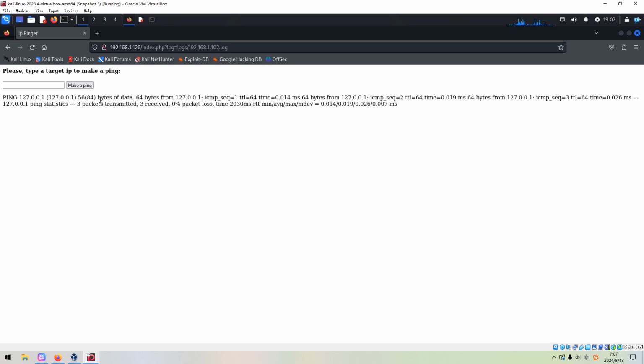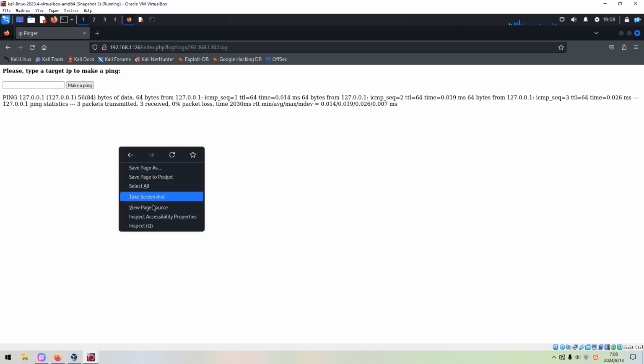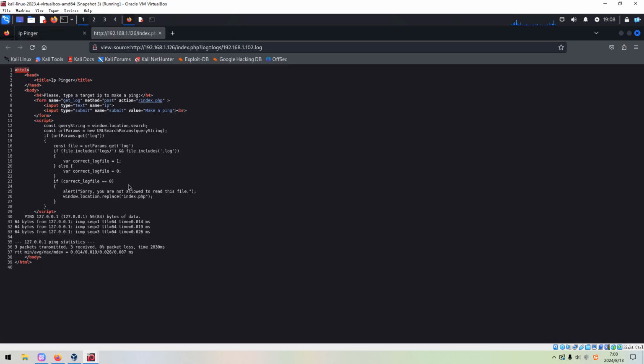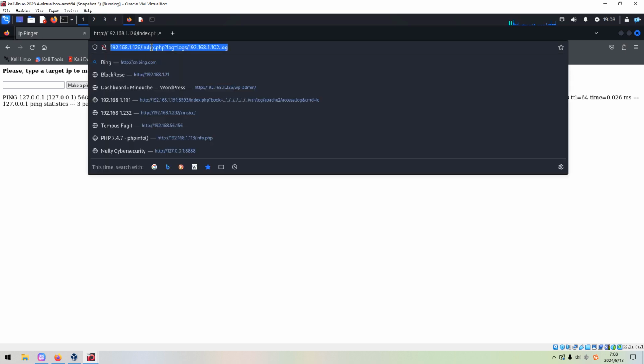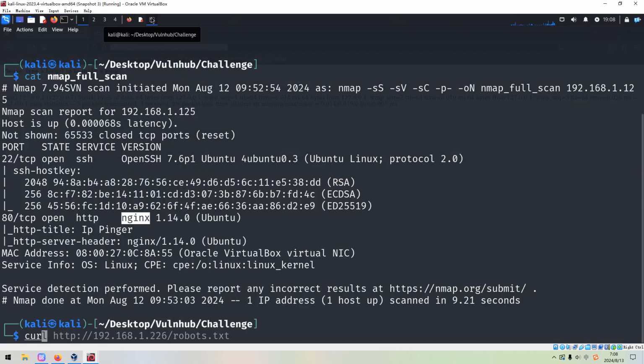Before we try to manipulate or exploit this function, we need to do the comprehensive enumeration of this web application first, in case we miss something important, right? So as always, we need to check its source code, nothing there. And also we can check whether this site has a robots file available.